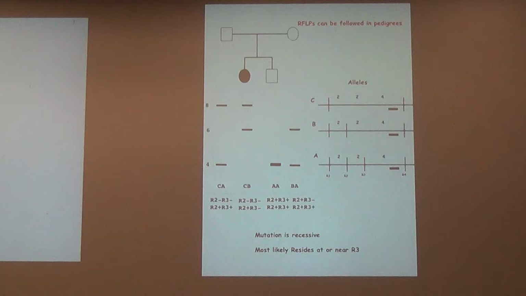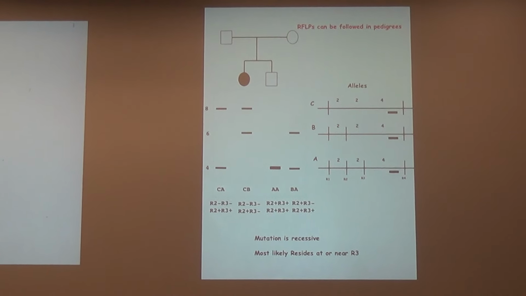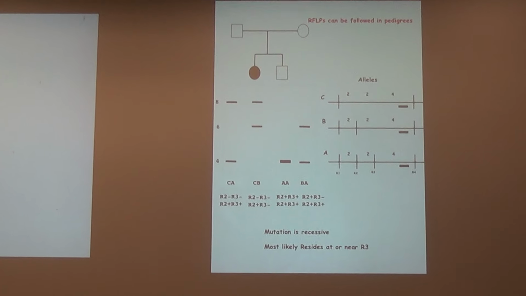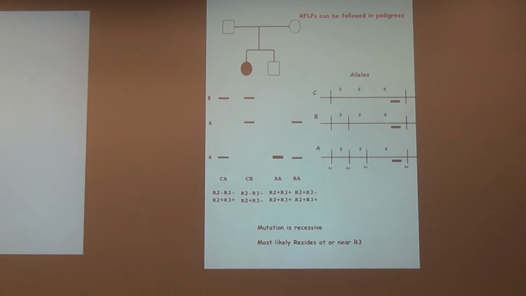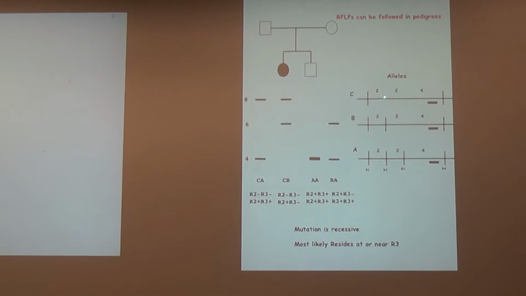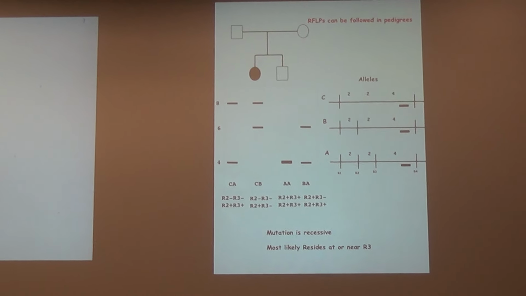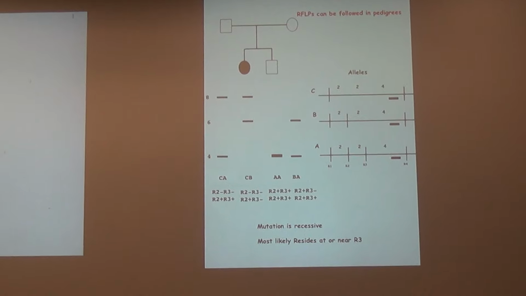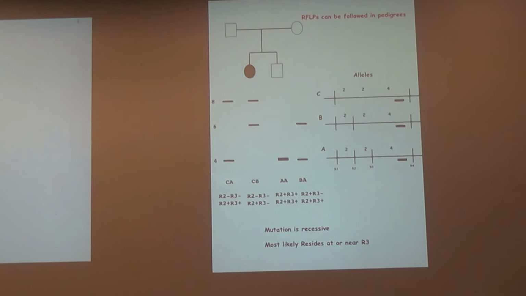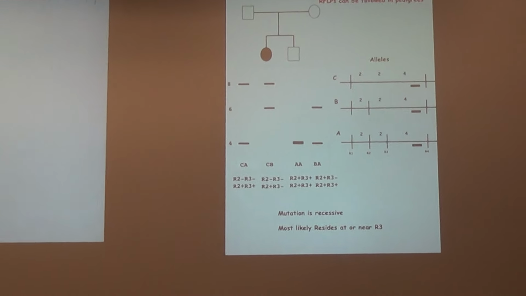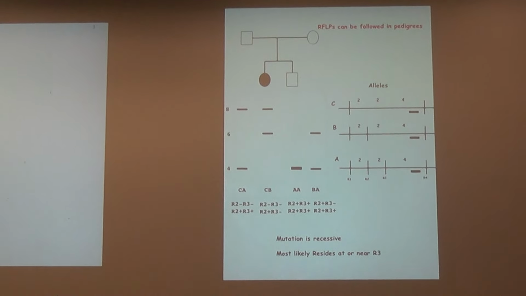Now what happens if you're missing R2 but not R3? What are you going to see under those conditions? What size fragment would you see? If you're missing R2 but R3 is present, it's not shown over here. What would you expect? What size fragment would you see on a gel? 4. And so you wouldn't be able to detect the appearance or disappearance of the R2 unless you also have